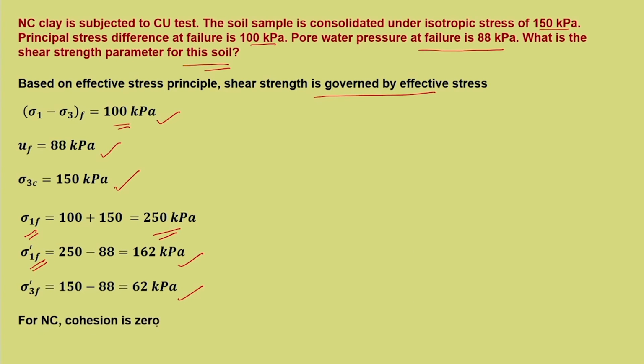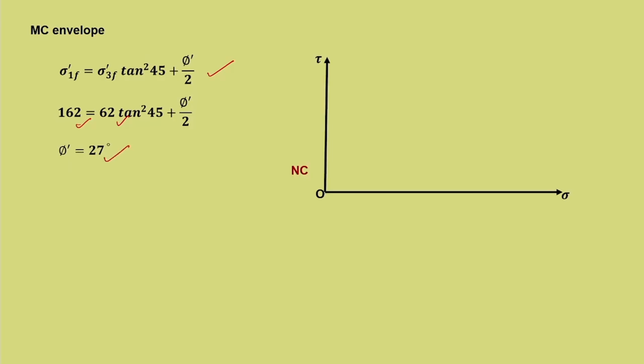and for NC, cohesion is 0. Now, think of a situation where we do not understand this particular point, that for NC there is no cohesive intercept; then it becomes difficult to solve this problem. So, now we know that NC does not possess cohesive intercept, so that is equal to 0. If that is equal to 0, then one can always write the Mohr Coulomb failure envelope as sigma 1 dash F equals sigma 3 dash F tan square (45 plus phi dash by 2). Substituting the effective stress condition into this equation, we can get phi dash equal to 27 degrees,